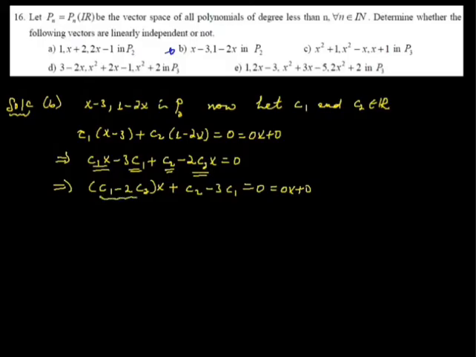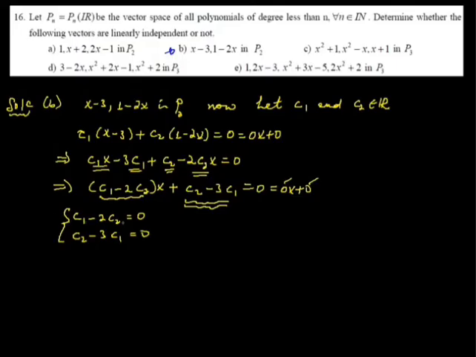So each part, c1 minus 2c2, is the same as 0. Okay, again this constant term is the same as 0. That means c2 minus 3c1 ይሆናል 0. Here we have two variables with two equations. So